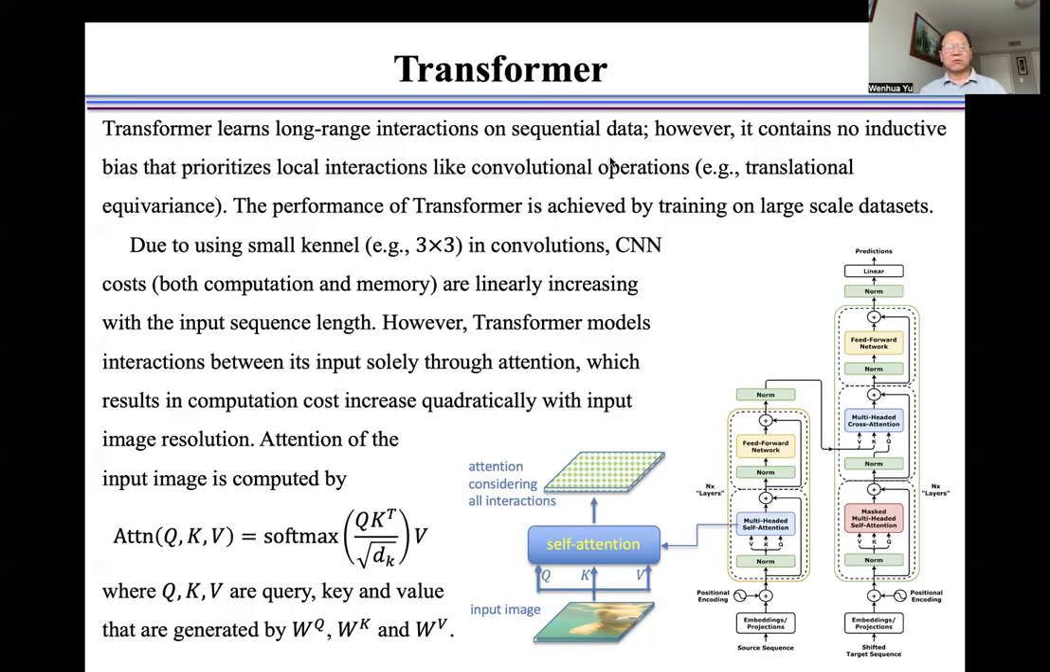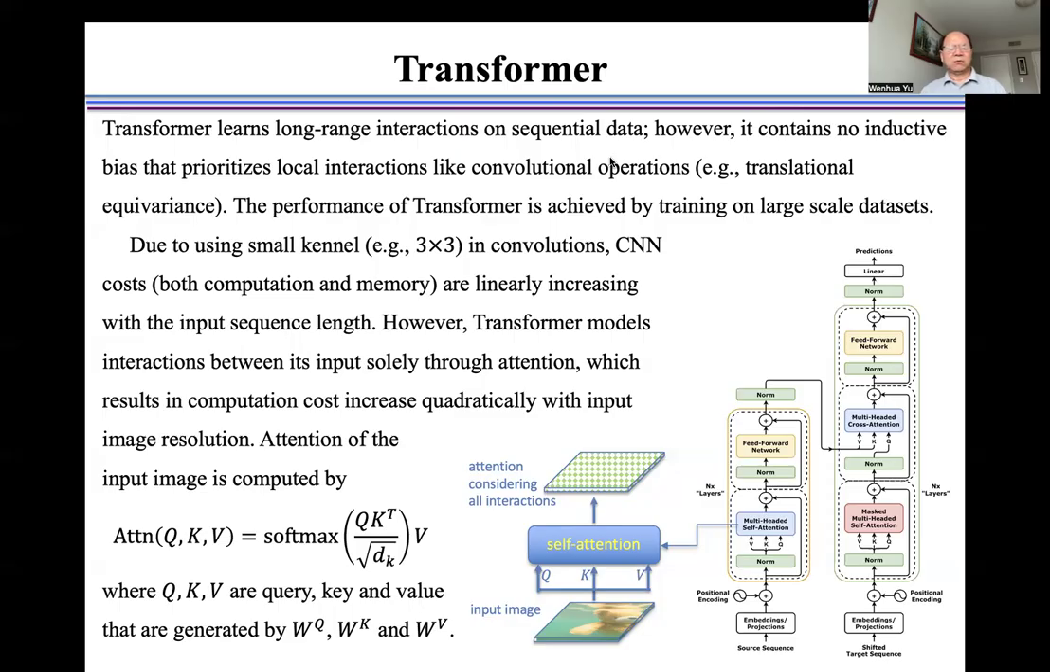The performance of a transformer is achieved by training on large-scale datasets, whereas CNNs use a small kernel, for example, 3 by 3 in convolutions. CNN costs increase linearly with input sequence length. However, a transformer models interactions between its input pixels through attention, which results in computational costs that increase quadratically with input